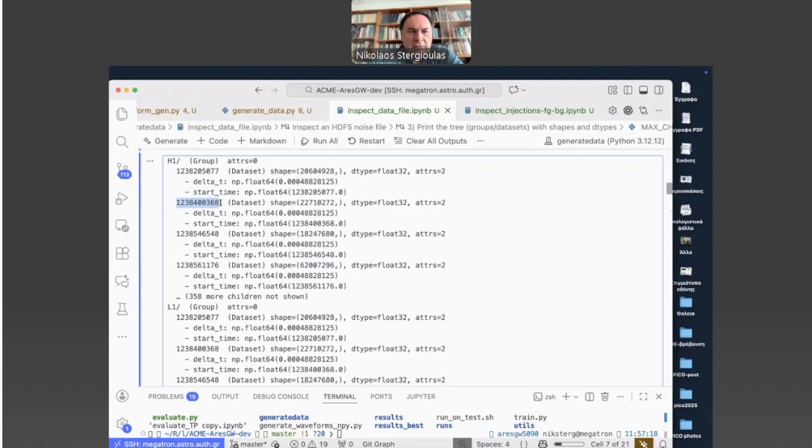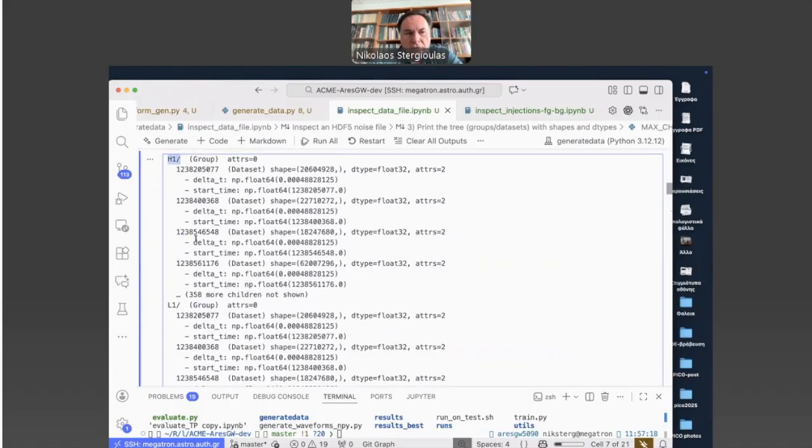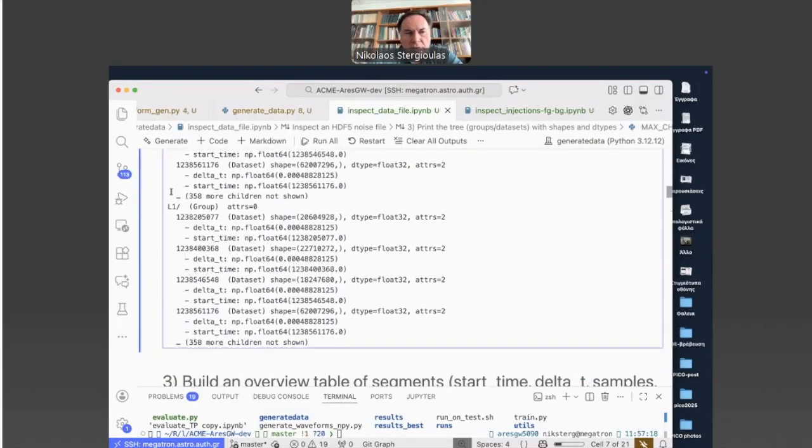Then there is a second dataset at this GPS time, a third one, a fourth one, and so on. And we see that in total there are 362 datasets included for Hanford, and the same number for Livingston.